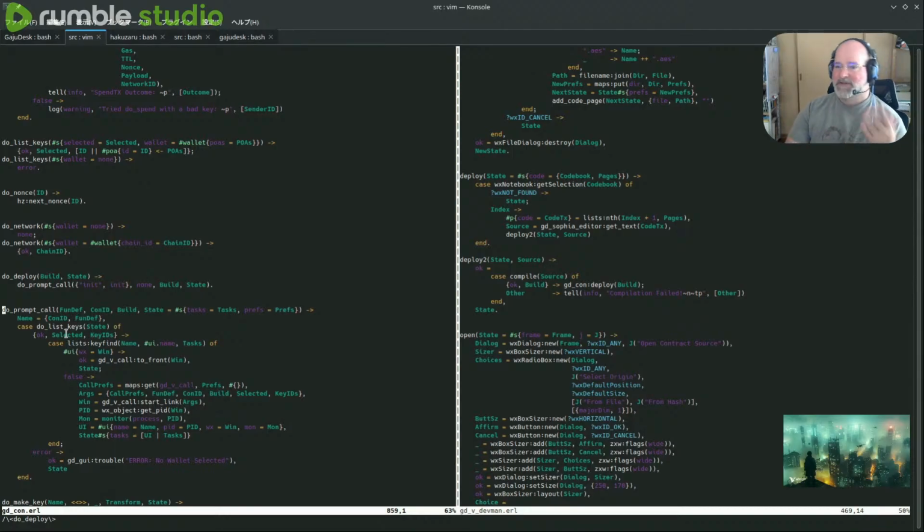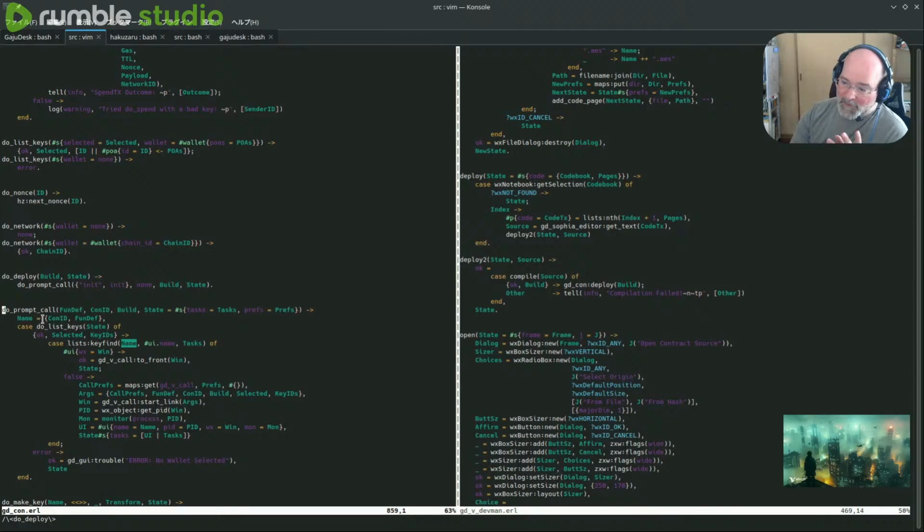What that does is it asks the GUI, the main GUI window, which keys do you have. Well, we get a list of the keys that the controller knows. I'm sorry, we don't ask the GUI because every time you switch which key is selected in the GUI, it sends a message to the controller and says, number 1, 2, 3, 4, whatever is selected of your list of account keys. And then the controller goes, do I have a key number, whatever? And if it does, it says, oh, well, that one's selected, and it remembers it for you. So cool. So it's got the selected thing, and then key find name